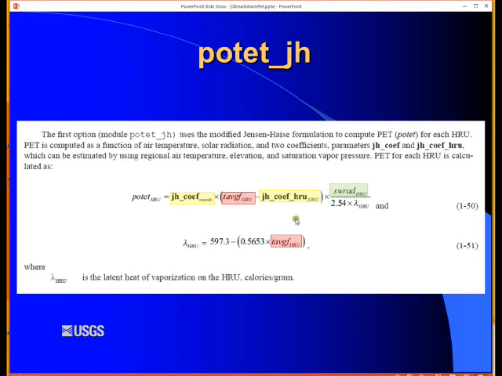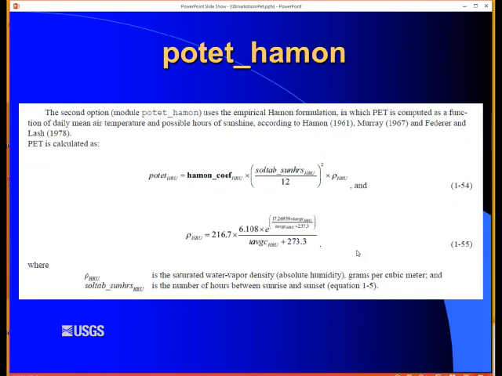And these red ones, these are inputs. So you've got to specify temperature. This module is a temperature-based estimate of PET. Going on to Heyman. This is the second option you can choose, second module. There's one parameter, the Heyman coefficient.